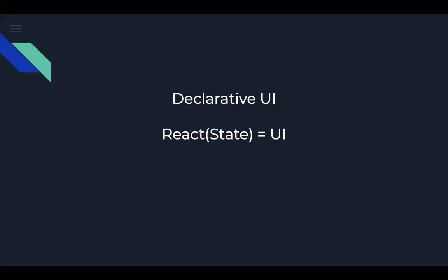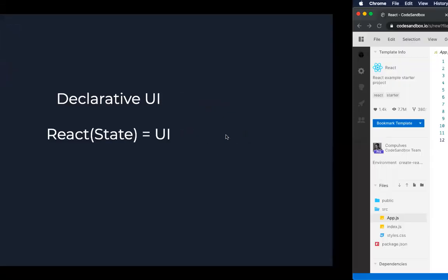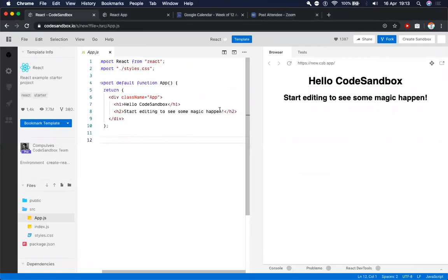The best way to explain it is using this line, React of state equals UI. This is a left to right function notation. What this means is that React is like a function. Into React, we pass our state at any point, and the output that we are getting is our UI. So what is state?